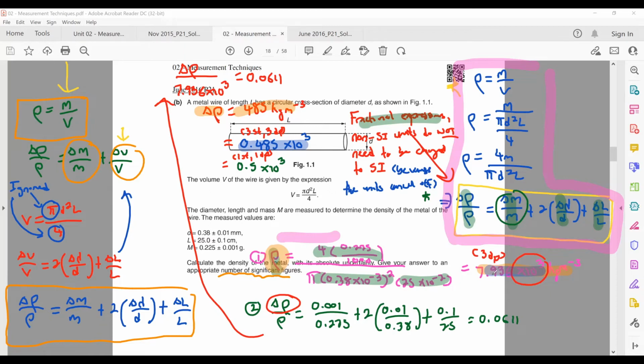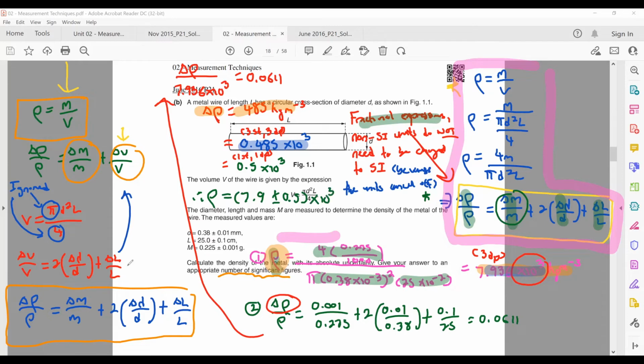You want to round this so that it is at 1 dp. So what you do is that you can just say that therefore rho is equal to 7.9 plus minus 0.5